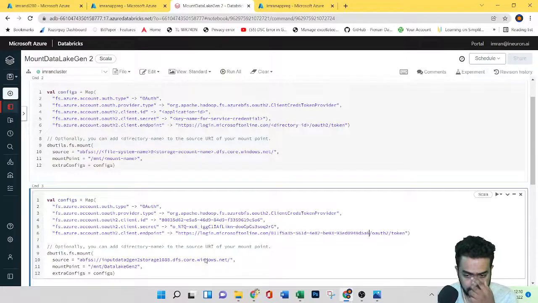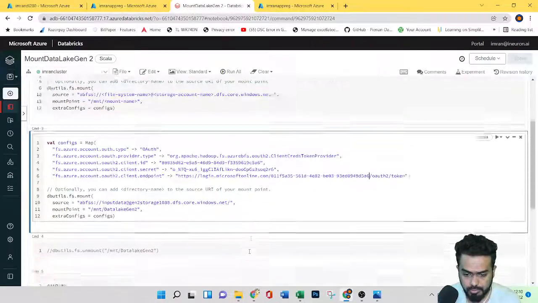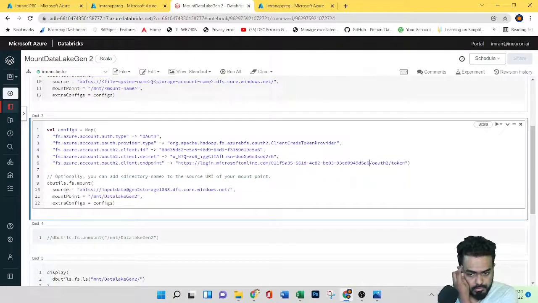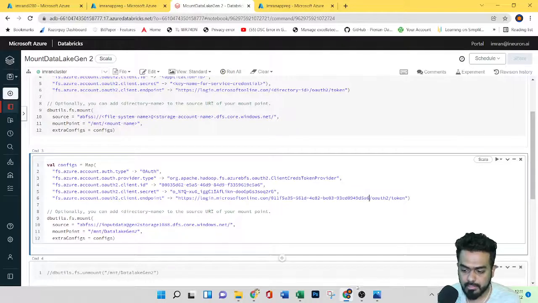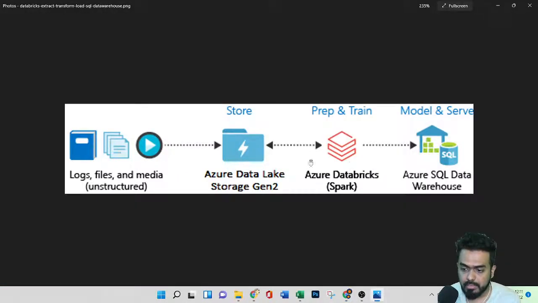Next we need to add the mounting point. Here first I need to give the file system, from where we need to store this. In our demo, first we are mounting, and finally we will store the data we are processing under the data lake storage itself.